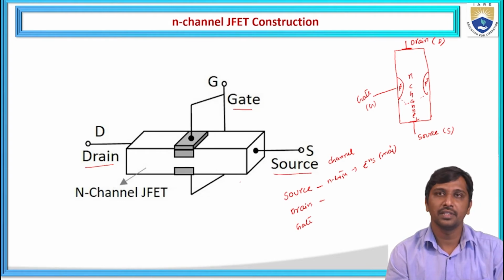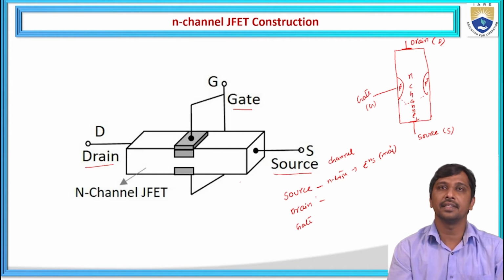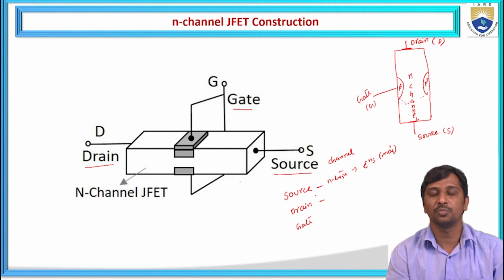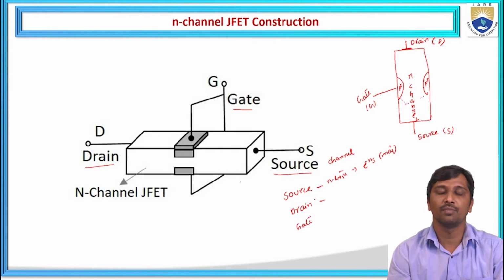And the drain is used to collect the charge carriers from the source. Whatever charge carriers are emitted by the source to allow the conduction in a JFET, they pass through the drain terminal to produce the maximum drain current allowed by the